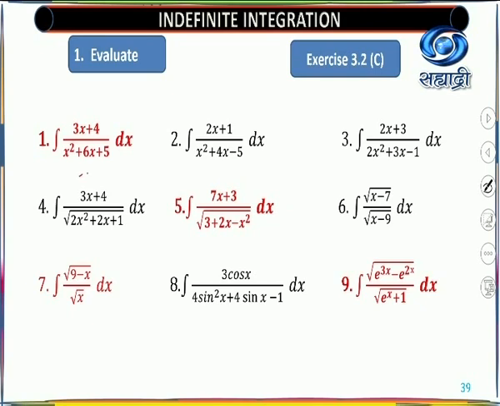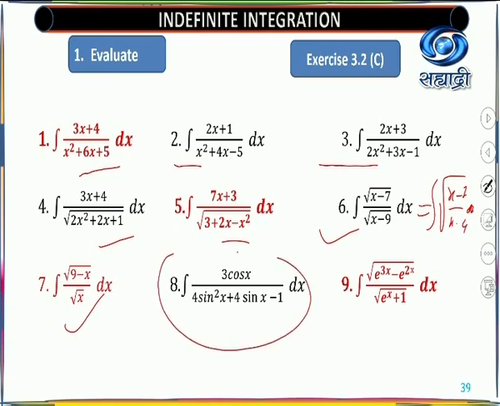Look at here, this example and this example are similar to this also. Then this example and this example are similar, so we are going to discuss any one of them. I will discuss the fifth one as it has a minus sign for the x square. Then I will take this as a different example, a similar kind you will get here. And this type of example we have already solved, the integral root of x minus 7 upon x minus 9. So that method also you are able to use here.